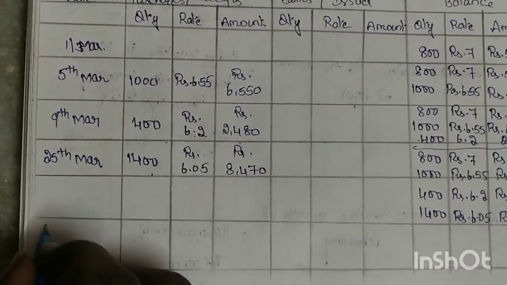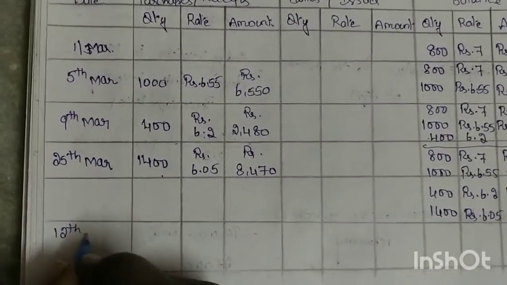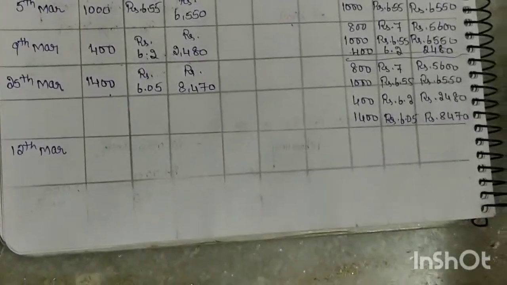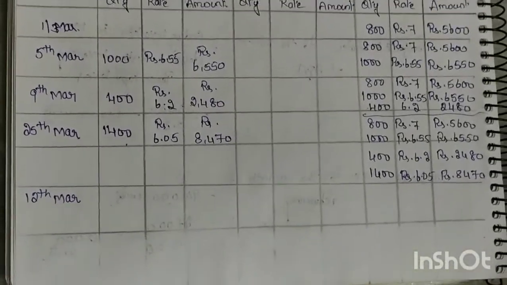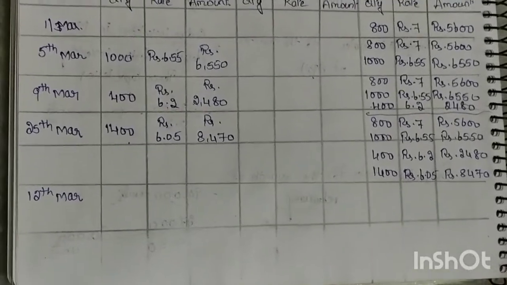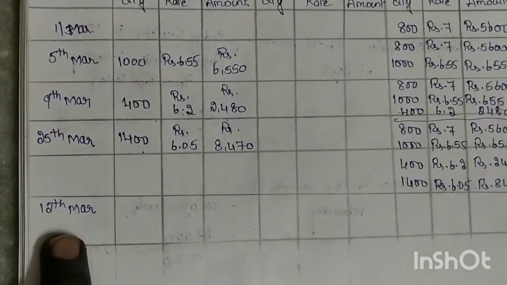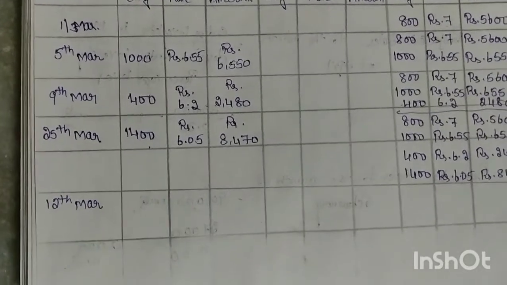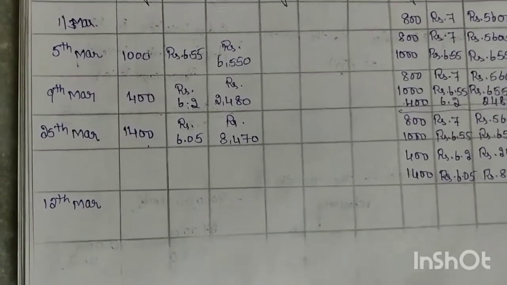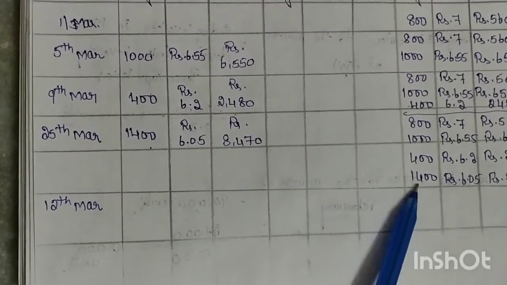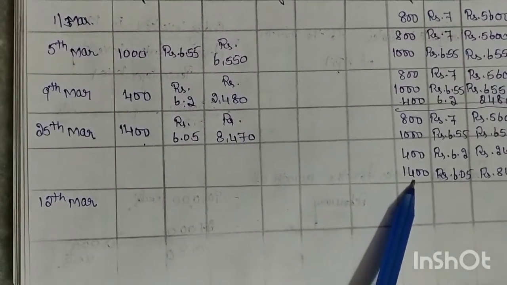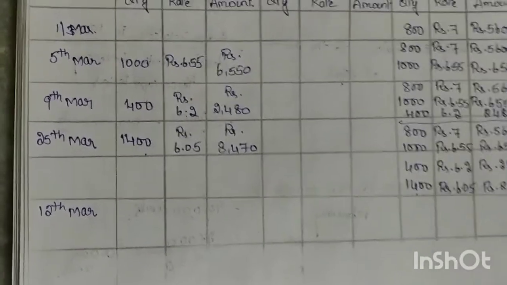So now on next date, that is on 12th March, we are having the sales. So sale of 1200 units. So sales will go for writing under the issues column. So here 1200 units we have to issue here on 12th March. So according to LIFO method, whatever the materials we come last, that should be issued first. So we will go for issuing 1200 units out of these 1400 units.